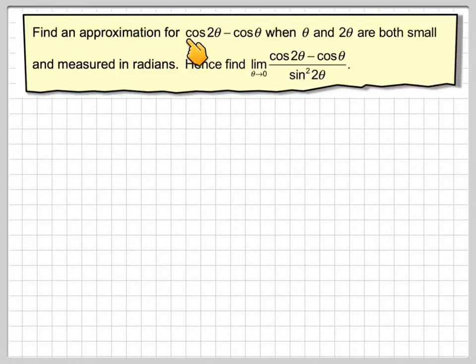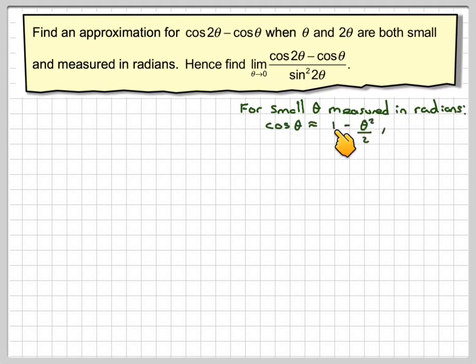Find an approximation for cos 2 theta minus cos theta when theta and 2 theta are both small and measured in radians. Hence, find the limit as theta goes to 0 of cos 2 theta minus cos theta over sine squared 2 theta. So, for small angles, theta measured in radians, then cos theta is approximately equal to 1 minus